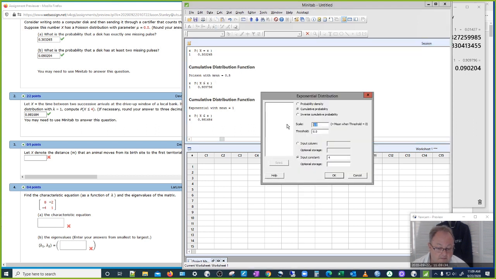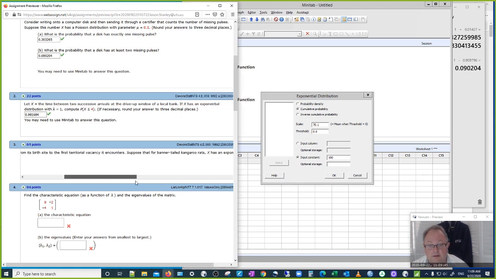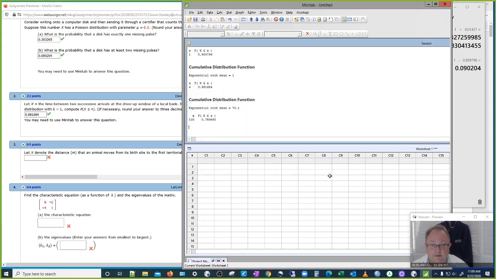The average is 70.1, and we're looking for 100, aren't we? Okay, and just checking that is at most 100, so that's correct. So we put in the correct average based on the 1 over lambda, it's cumulative, and away we go. Alright, so we just grab that, pop that in,